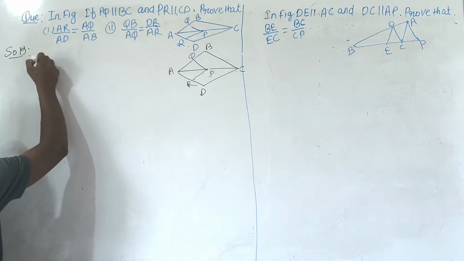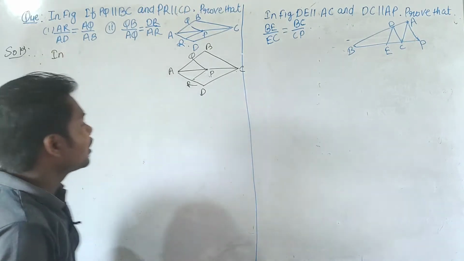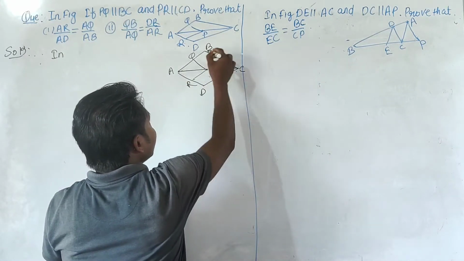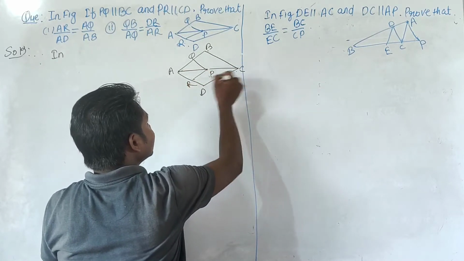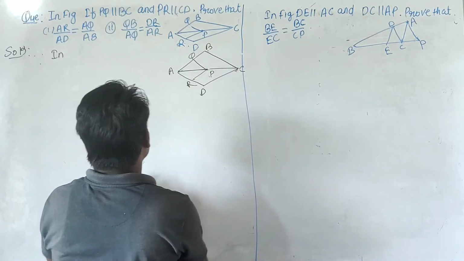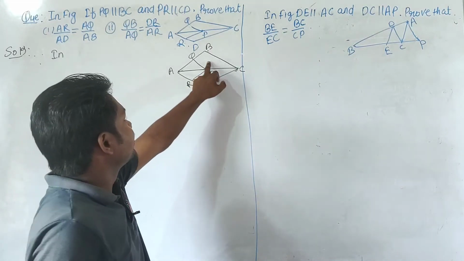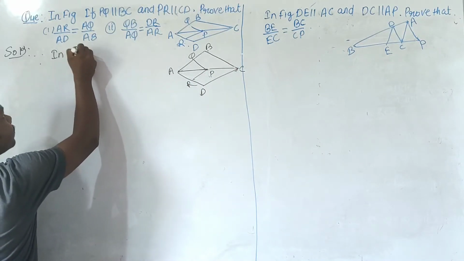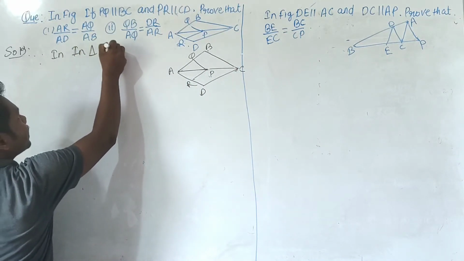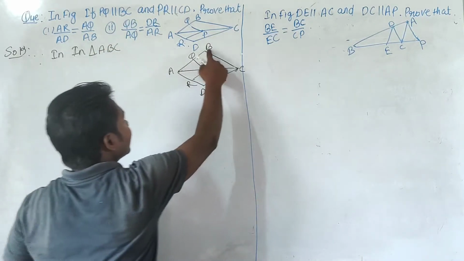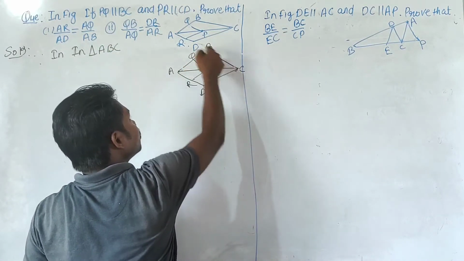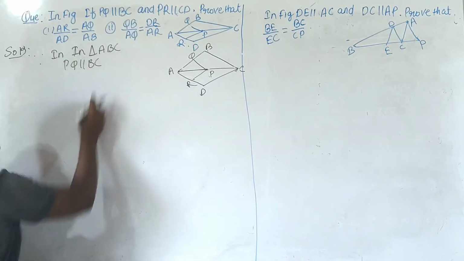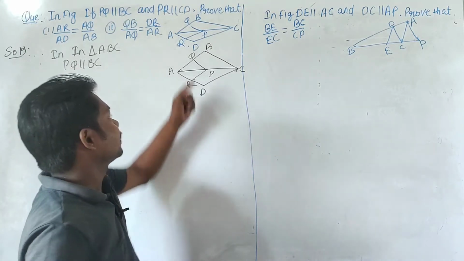Now, if you look at this figure carefully, we have two triangles, triangle ABC and triangle ADC. First we come to triangle ABC. In triangle ABC, because PQ is parallel to BC, which is given in the question, we know according to the basic proportionality theorem or Thales theorem,